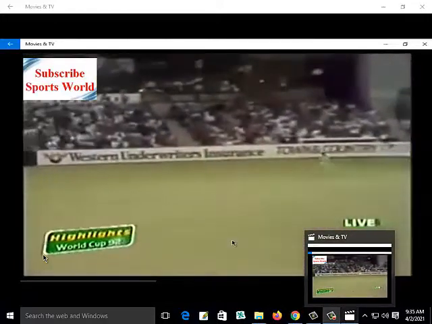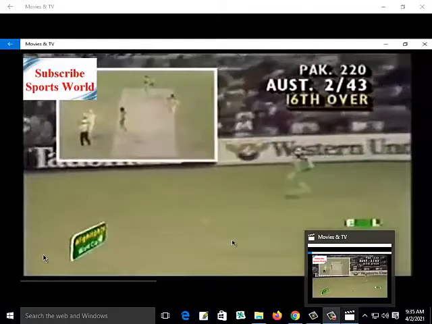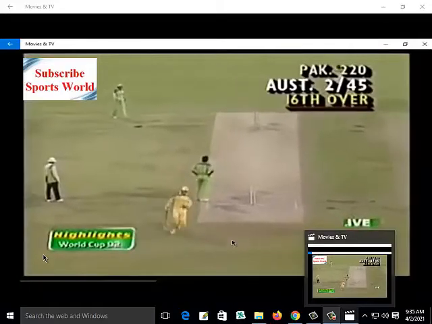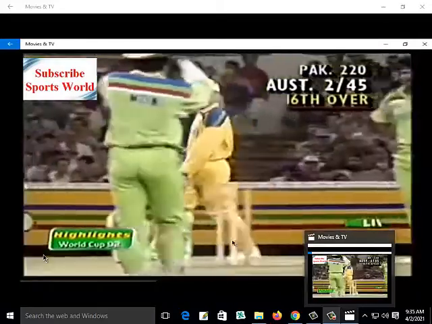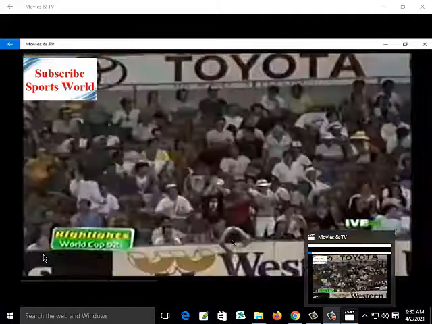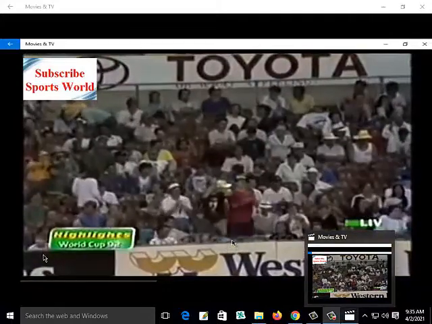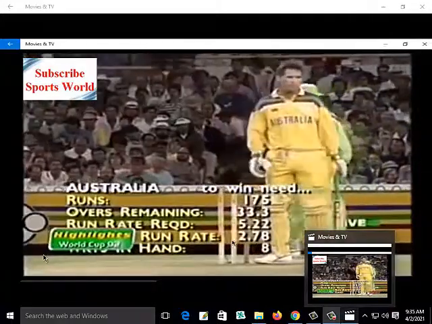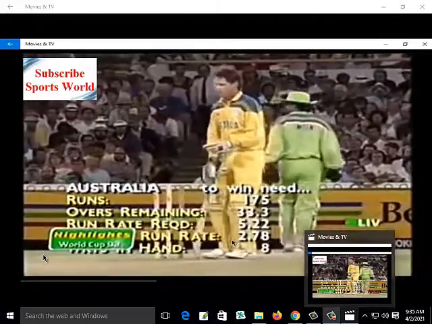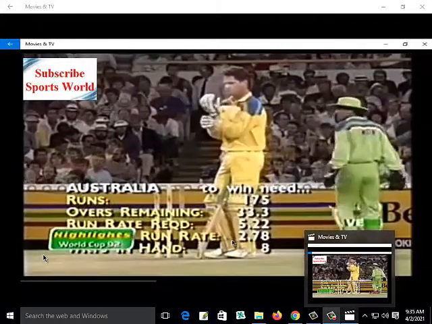Well, that would have been wide as well, but Jeff Marsh was able to get a bat on it, and very wide down to third man. Ramiz Raja is the man down there. He's got a bad shoulder. The reason Ramiz hasn't been playing for Pakistan the last couple of games is a shoulder injury. And in some ways, it's a bit of a problem to have a man like that down at third man, where the Australians can run comfortably on the arm.